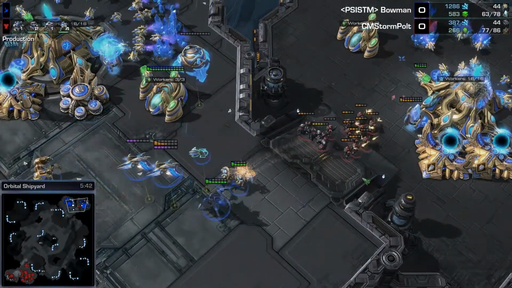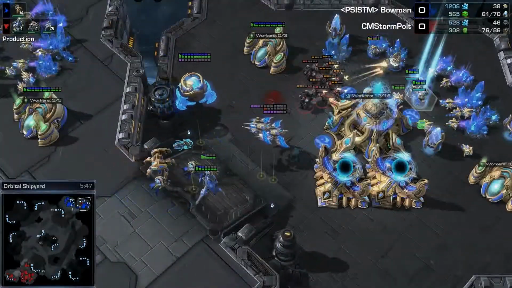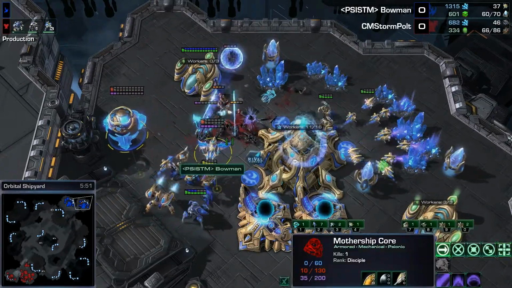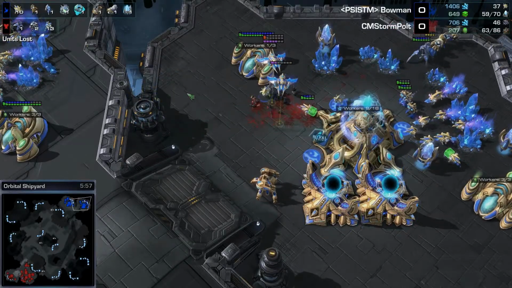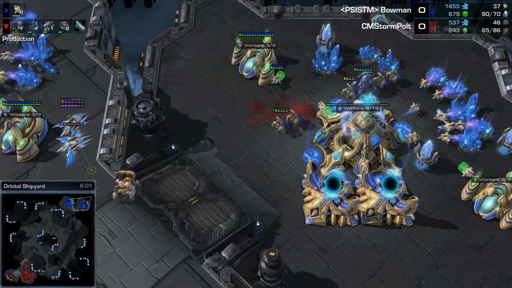A couple of Adepts, a couple Phoenixes, a Stalker, and Photon Overcharge is going to be able to help out in a little bit once it's actually out. Unless the Mothership Core dies, and it does! Polt with a great play. Yes, he only got 10 probe kills with that, but number one, that's only 10. But number two,